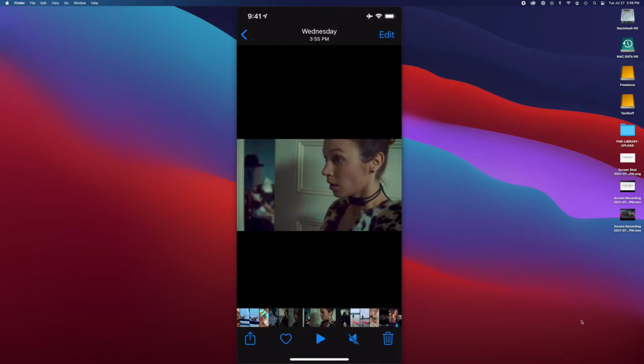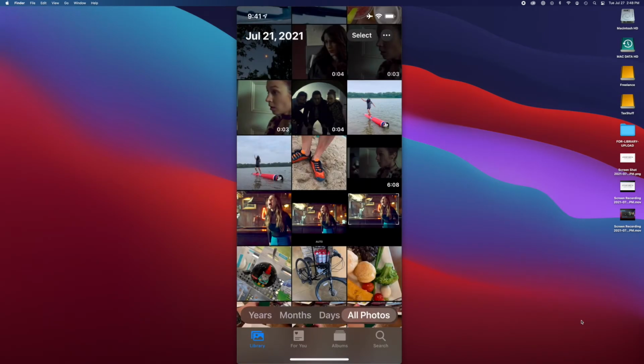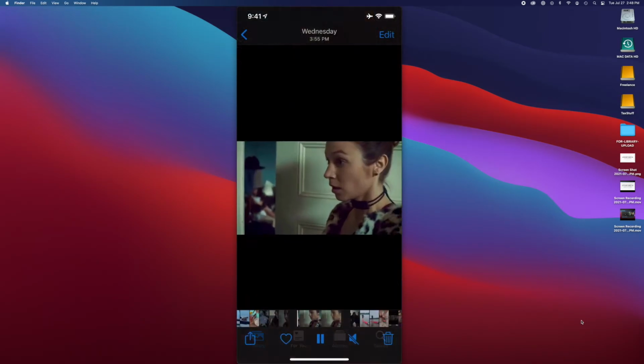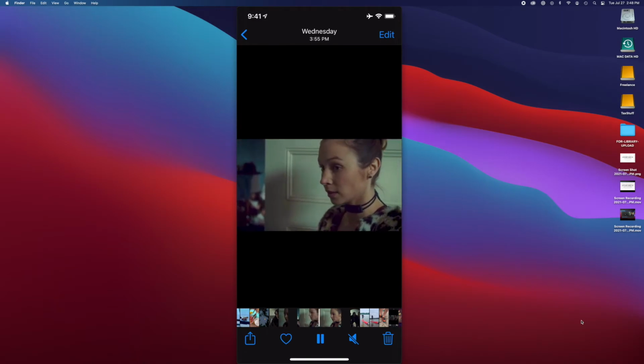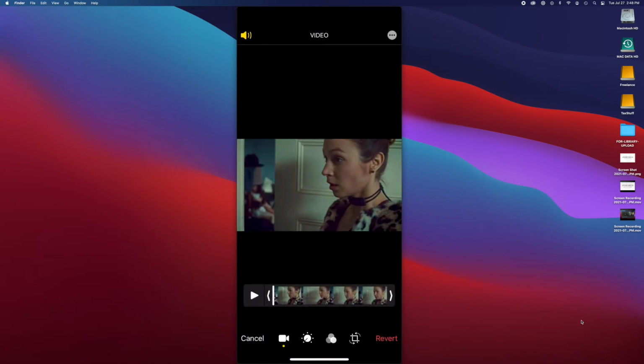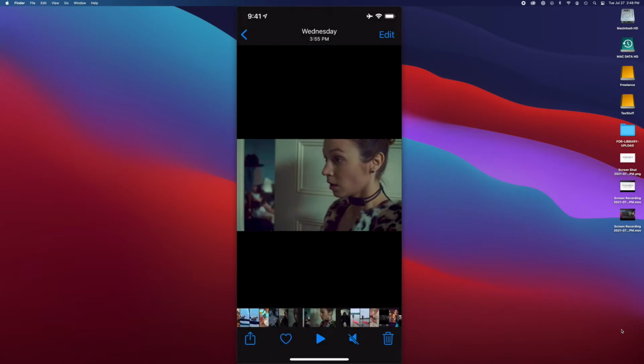If at any point I'm unhappy with this, I would hit edit, and then at the very bottom you get this little red word here, revert, and it will undo all your changes and put it back to the state that it was before you made your color correction. But I don't want to do that. I'm really happy with it. So now I want to open